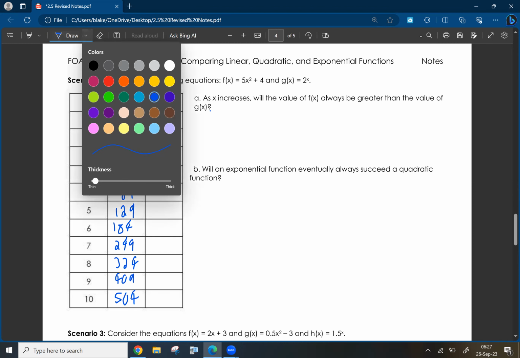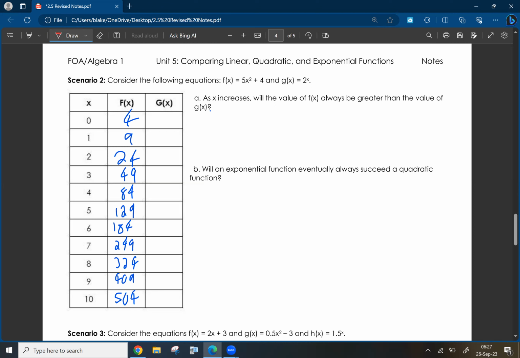All right, so now if we do the same thing with the other function, which is 2 to the x power. So 2 to the 0 power is 1, 2 to the first is 2, 2 to the second is 4, and so on. This would be 8, 16, 32, 64, 128, 256, 512,